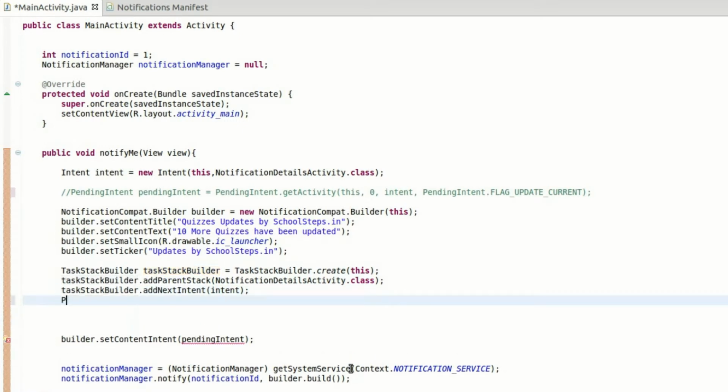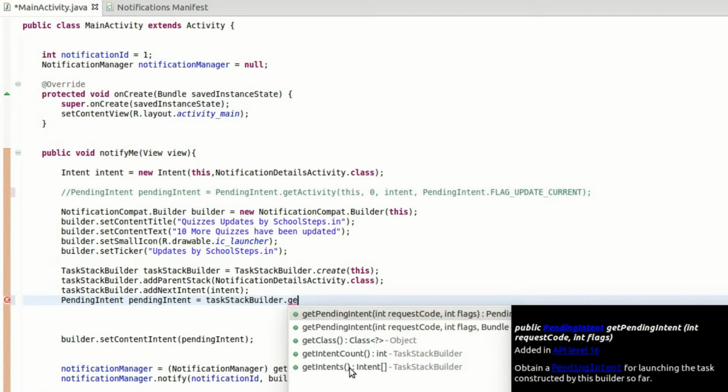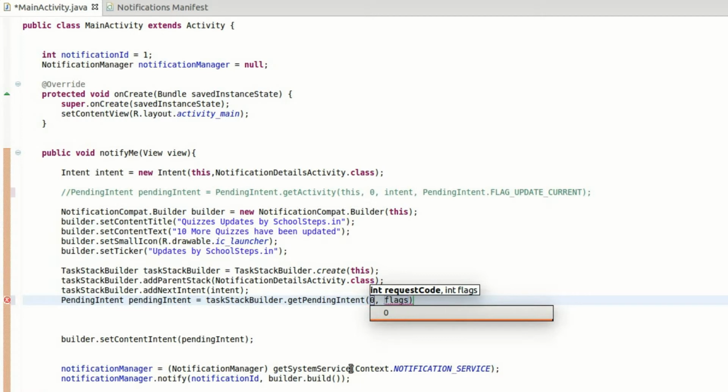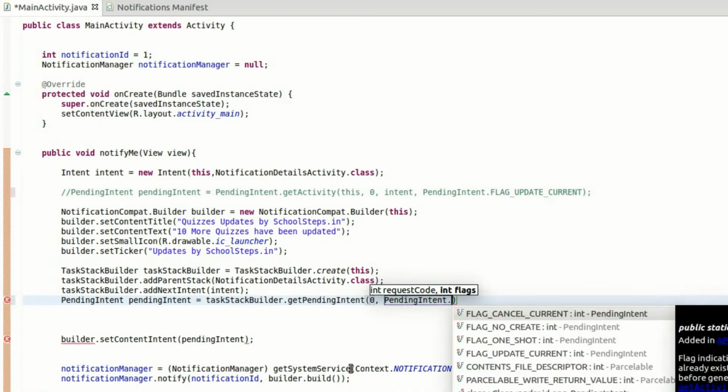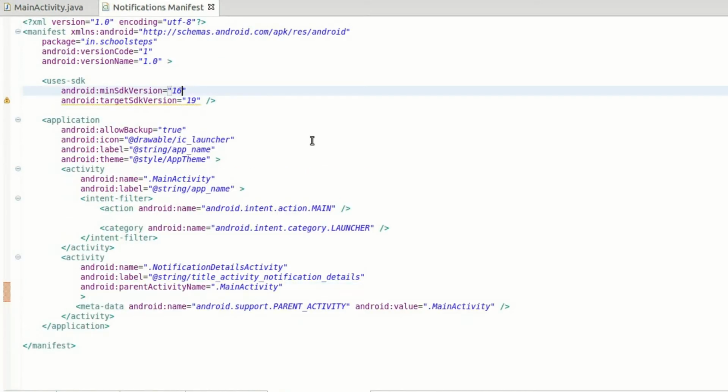So we need to say PendingIntent is equal to taskStackBuilder.getPendingIntent. Choose the first one. The request code is 0, and in the flags you need to say PendingIntent.FLAG_UPDATE_CURRENT. That is it. Let's go to the Android manifest now.